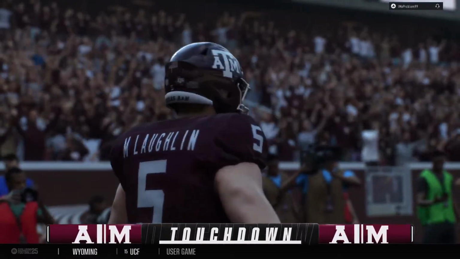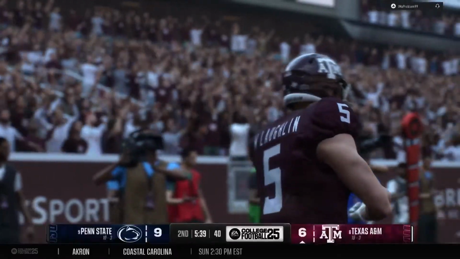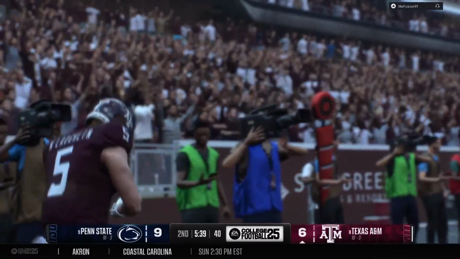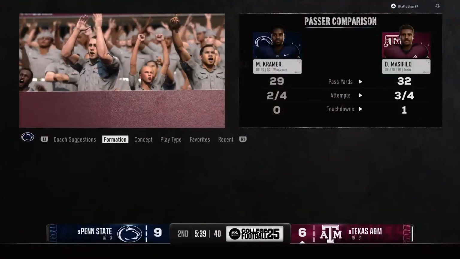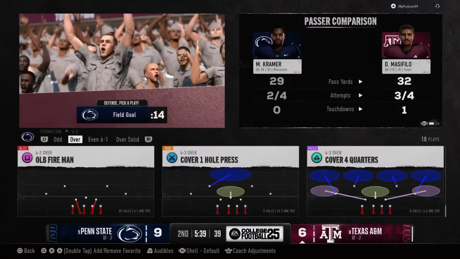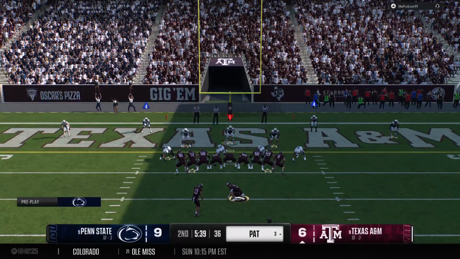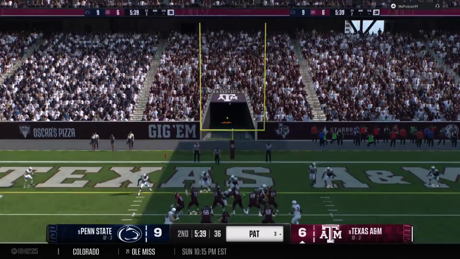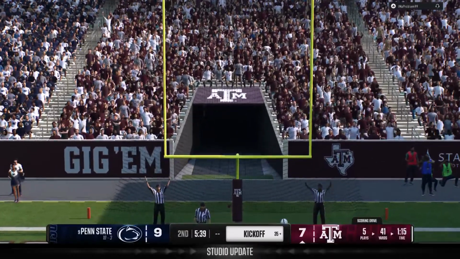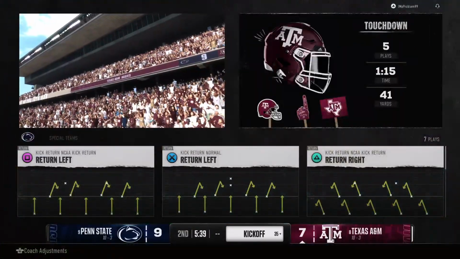Oh, just outstanding execution here by this offense. The offensive line gives the quarterback time, and the quarterback's anticipation was on point. Puts that ball right in the money. The receiver, all he had to do was turn and catch the ball for that touchdown. PAT is good. They still trail, though.